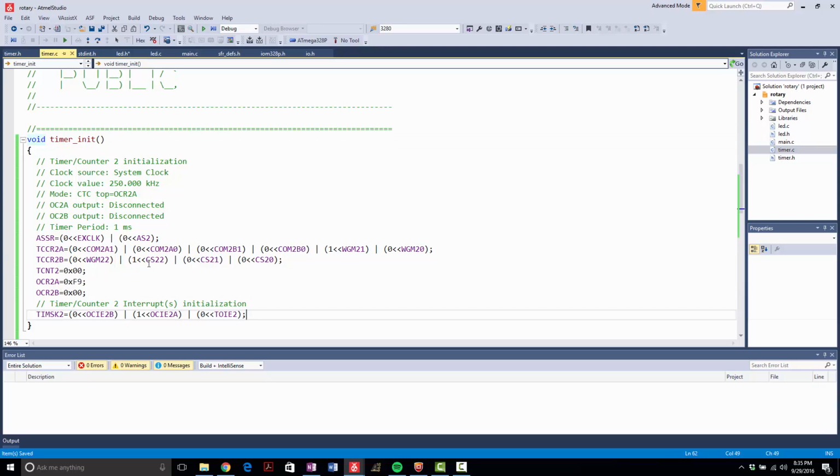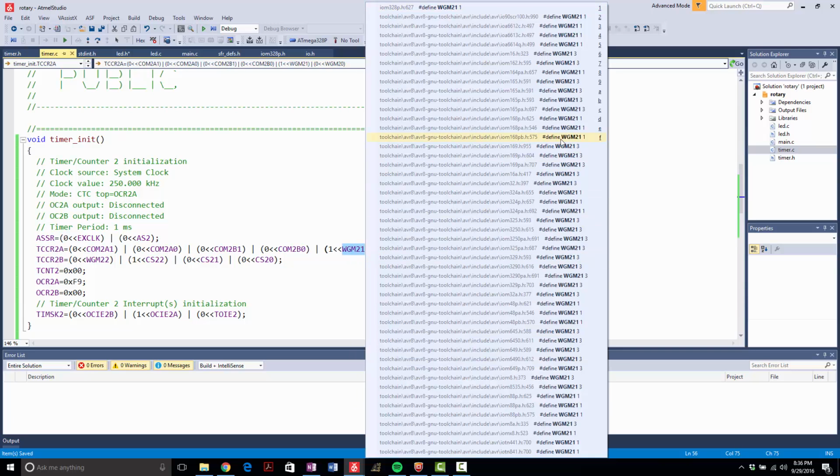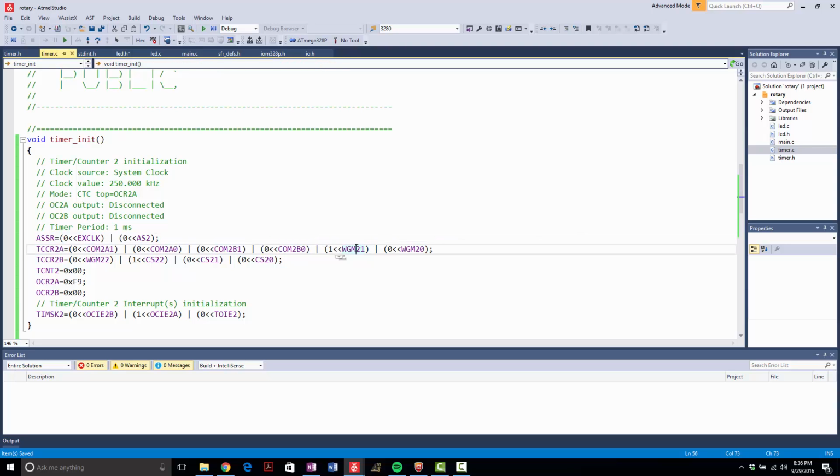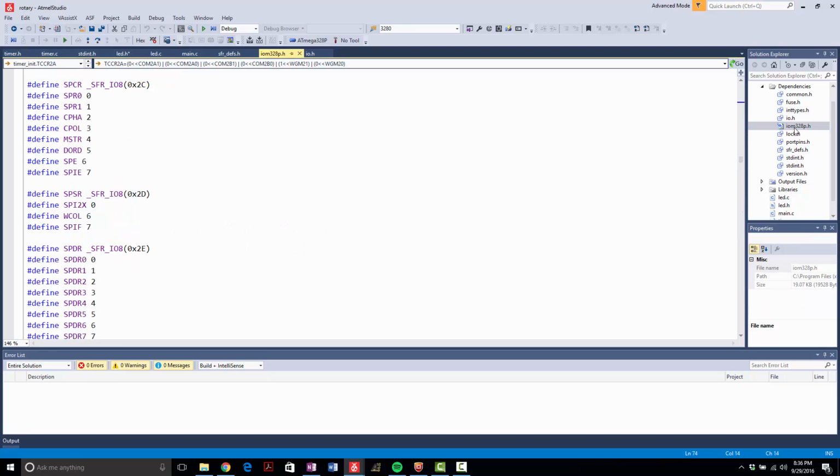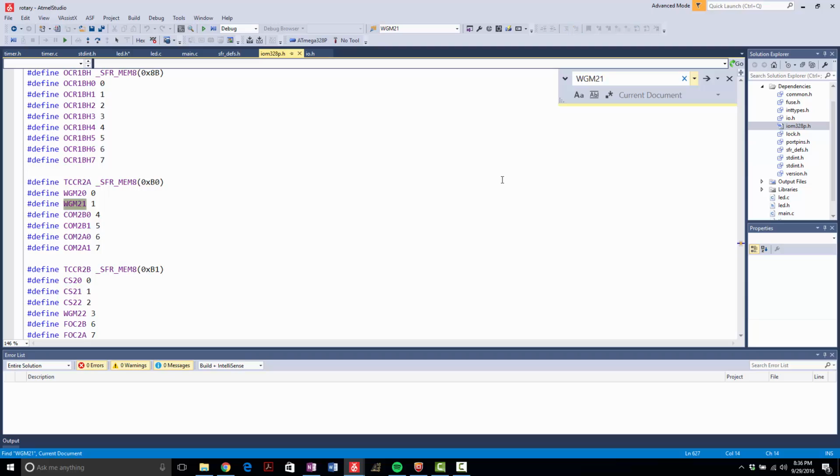All right, the rest of this is just setting up registers. If you want to know what this means here, I'm going to see if this works. If I go to the implementation, no, it's horrifying. I'll have to go look at WGM21. We're going to go to our dependency file, look at our IO328, and find that. So in TCCR2A, that's the register we're setting. These are the bits. WGM20 is at bit 0, WGM21 is at bit 1, and these must be bits 4, 5, 6, and 7. So going back to the timer,